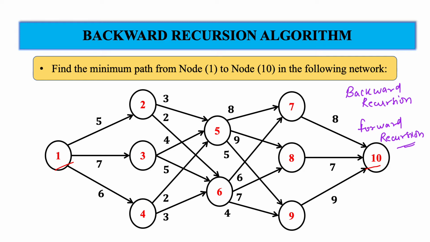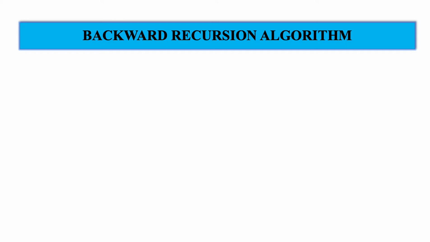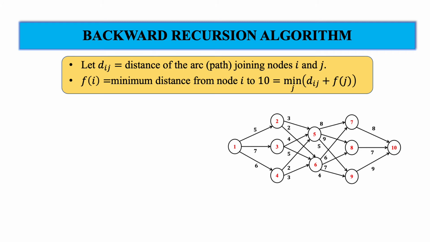So suppose we have backward recursion. So how to solve? First we will see certain terms. First we are having Dij, distance from any node i to node j. Suppose you want to find out the value of D26. So it's the distance from 2 to 6. What is the value of distance from 2 to 6? You will see it's 2, so it's of 2 units. Similarly, what is the distance from 5 to 7? Suppose you want to find out 5 to 7, the distance is given as 8 units.